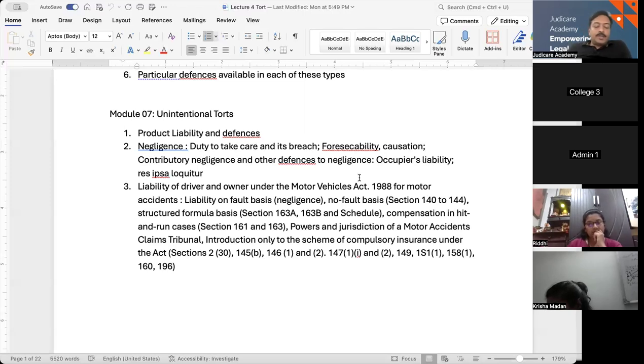So this is something which allows negligence to be inferred. You infer by seeing what has happened, how the accident happened, what was the result of the accident, and where the circumstances imply that negligence has happened or not.